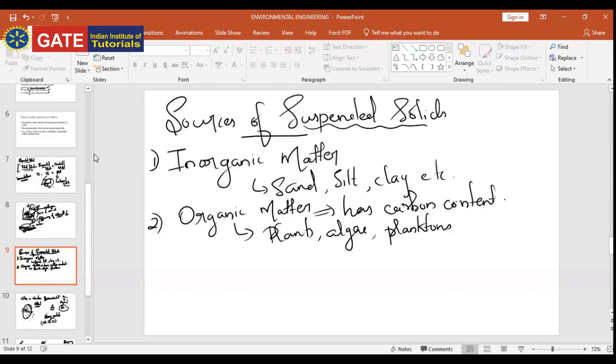Then we may have fibers. So what are fibers? Fine fiber-like materials like cotton will be there, clothes will be there. Then coconut fiber is there, right? So all those things come under the category of fibers. So fibers may be there inside water. That may also be called suspended solids. Got it? So that is the second case, and the next and third and final source will be